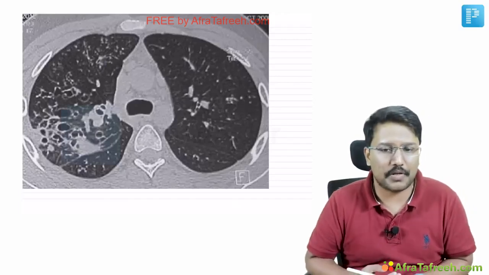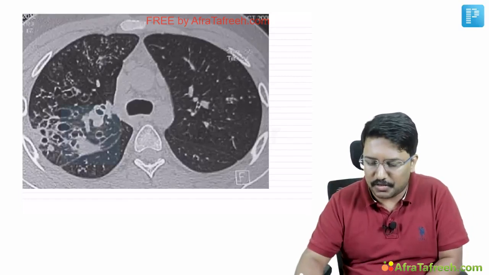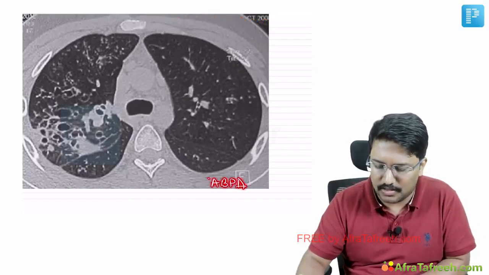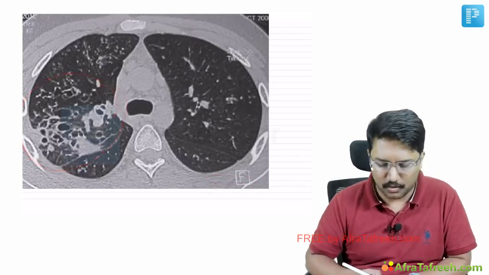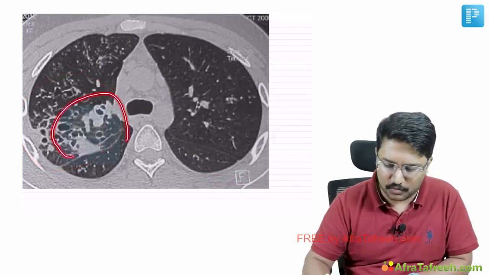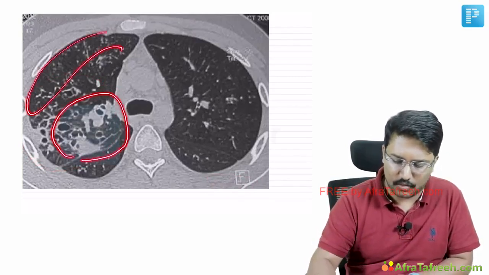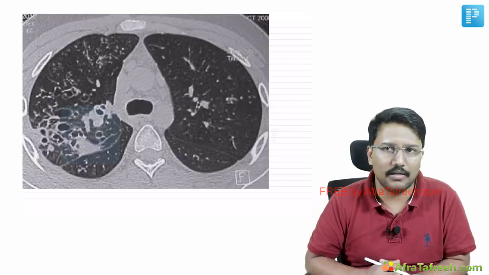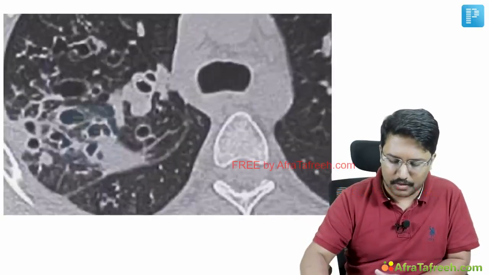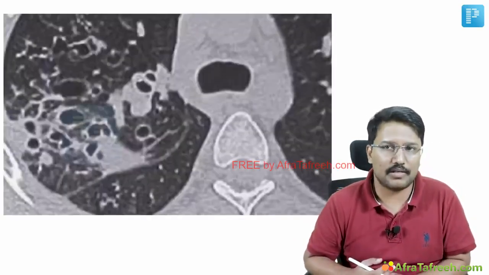Now this is the HRCT of a patient with allergic bronchopulmonary aspergillosis, and here you can clearly see that there are bronchiectatic changes in these locations. They are more proximal, or towards the hilum, than the periphery, right? You are not seeing them much towards the periphery, and generally they are affecting the upper lobes more than the lower lobes. Okay, as I have already told you, they are going to cause cylindrical bronchiectasis.